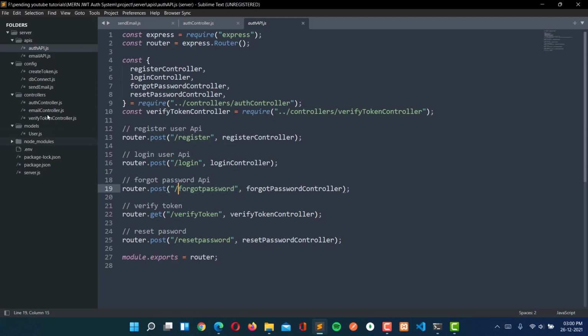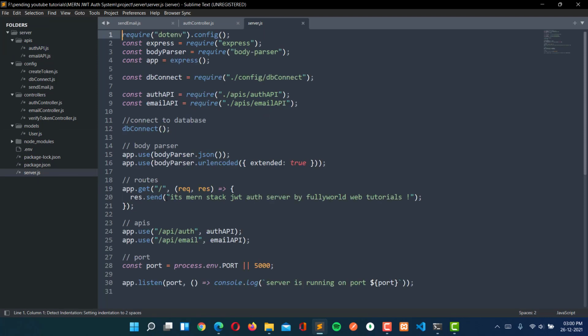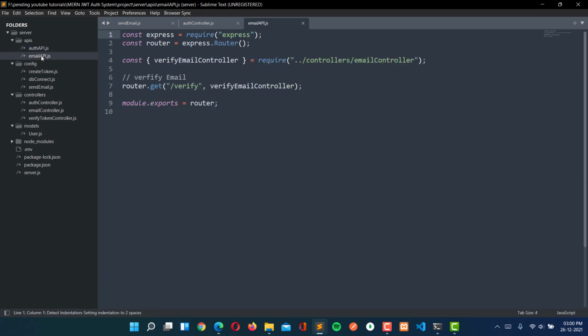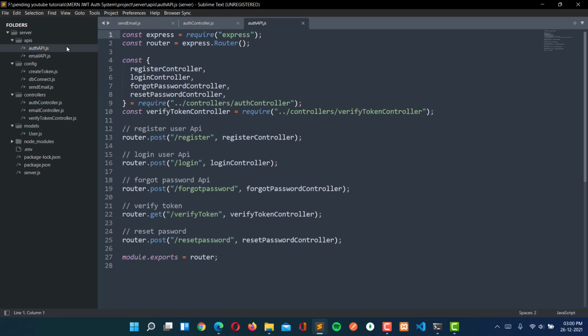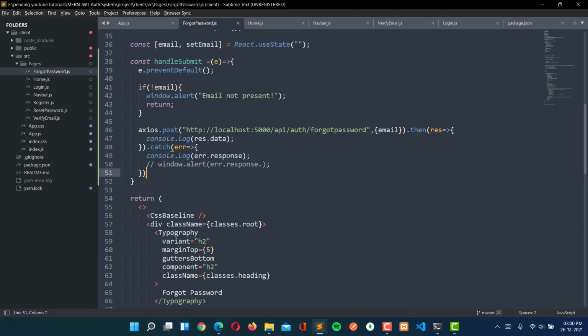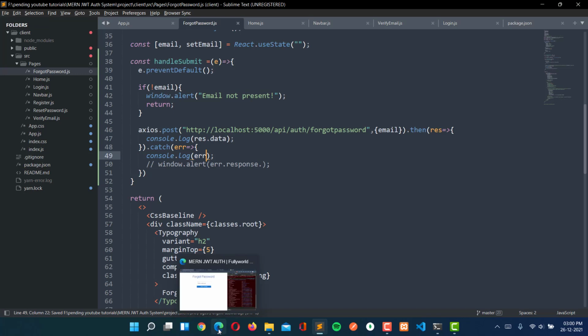Let's go to the server.js here, /api/auth, and then when we go to the email API, it is just verify here, and in the auth there is /forgot-password. So this is the right one. So let's just console log the error only.